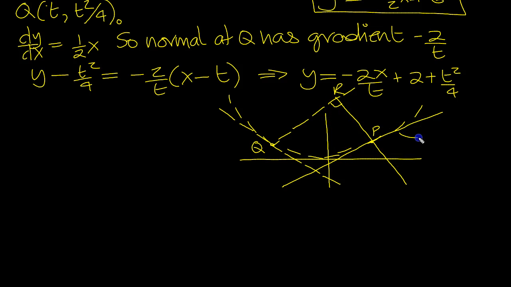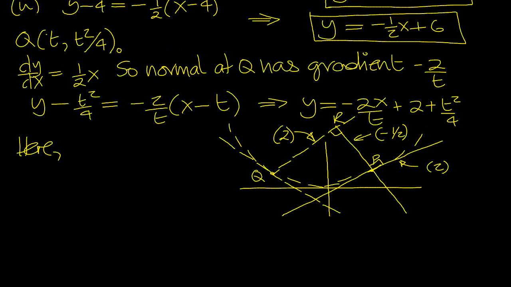So we know this gradient here of this line is 2, don't we? We know this gradient here is equal to minus a half, because it's perpendicular. That's a right angle there. And then the gradient of this line must be parallel to this line, badly drawn I know. So that gradient is 2. So here,